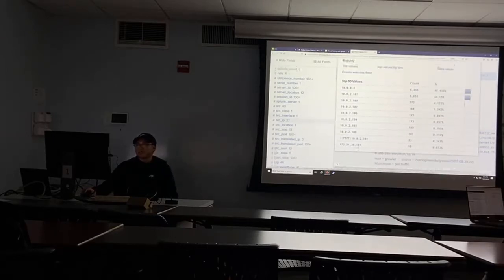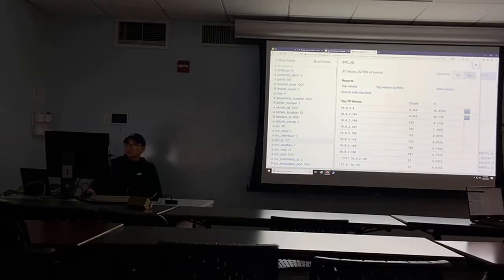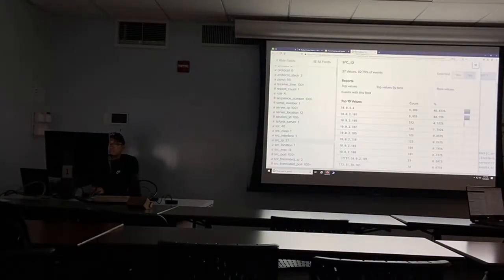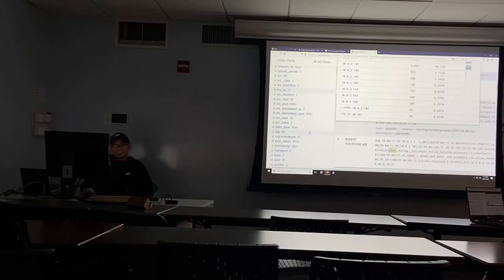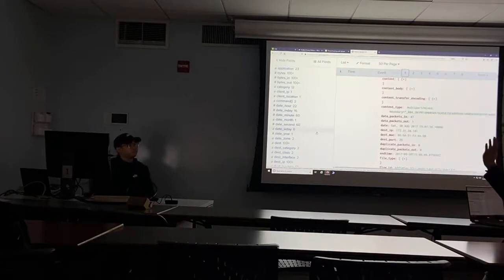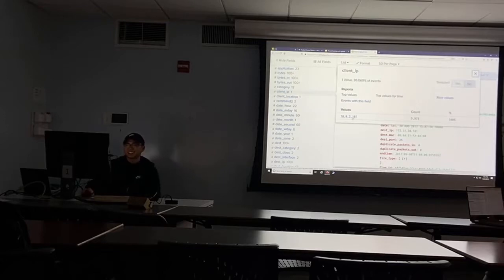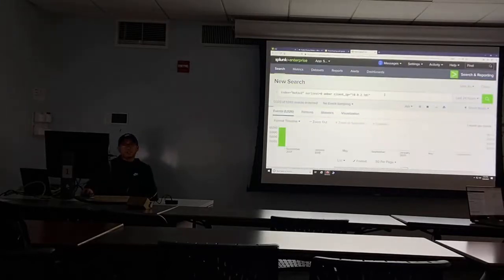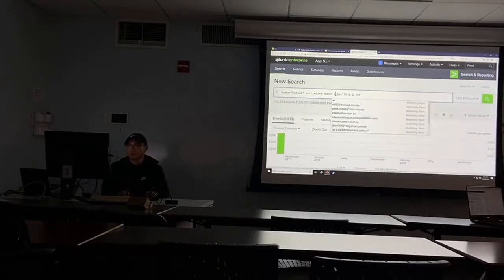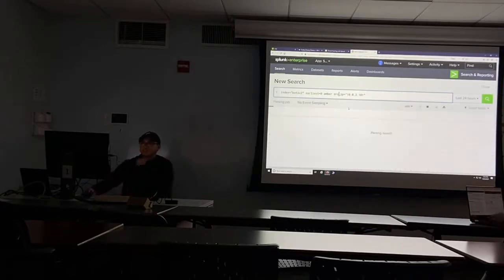We're going to try and find her correct IP. How would you go about finding it? Client IP, correct. You would see this is her client IP, and if you just click it, you would see that it just goes client IP. Instead of that, you want to do source IP. Does that make sense to everybody why we switched from client to source? Okay, now we're clicking source IP.